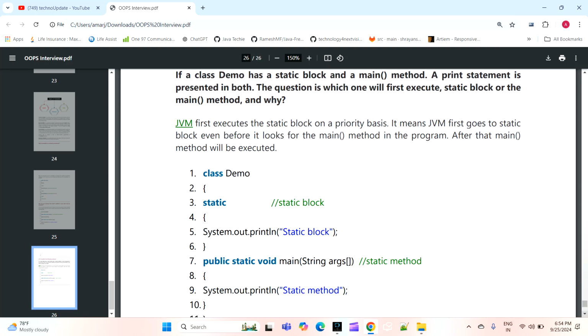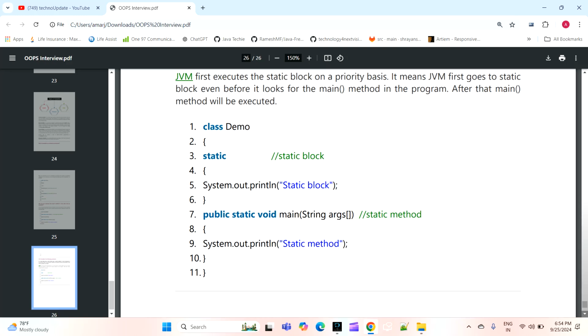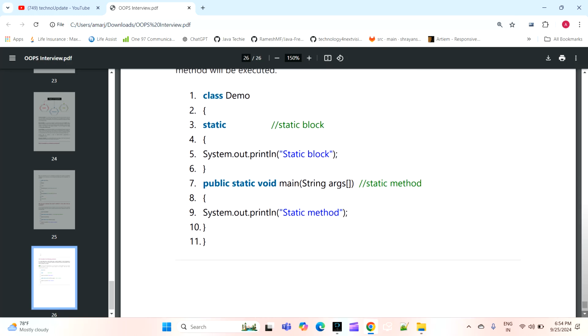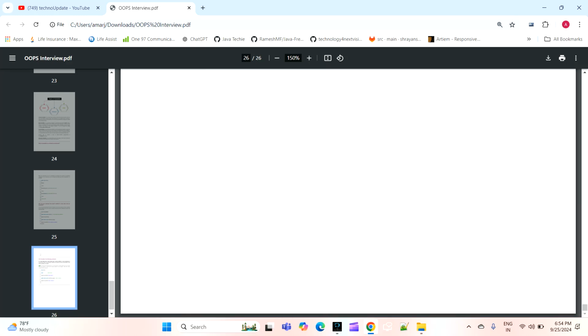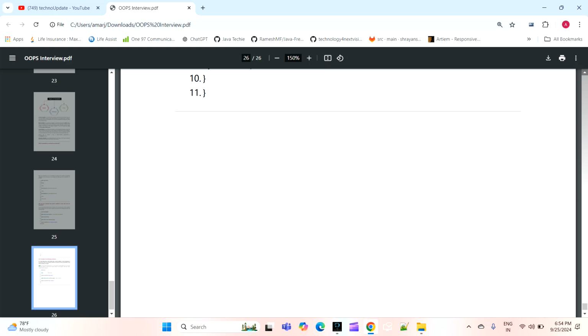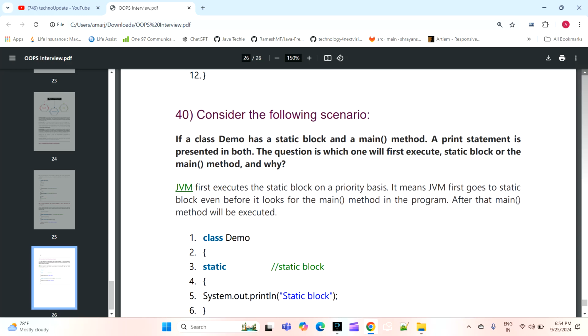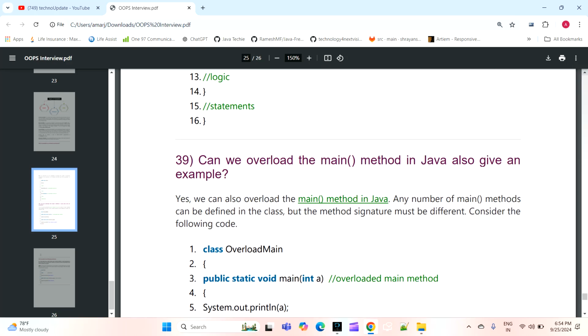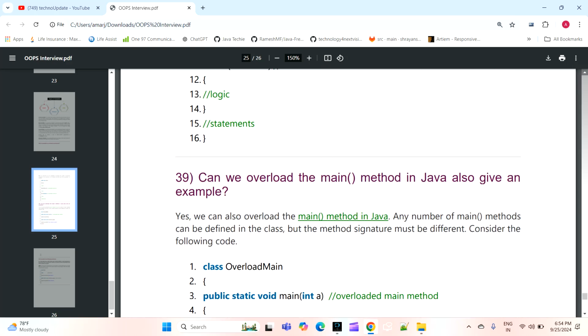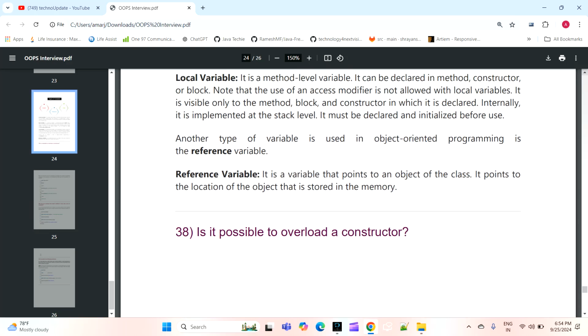So how it will be printed, whether the first one or the second. These are common object oriented programming related interview questions, which will be considered for freshers and experienced both. Thank you.